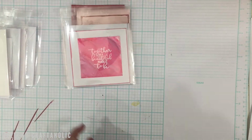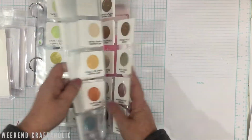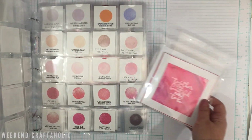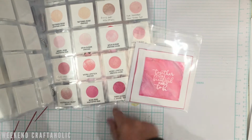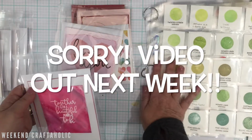I have to say, going off on a tangent, but having recently put this together, I've never stopped using it because when I did my alcohol ink background, for example, it was so easy then to have a look and see which is the right colour to match. So this stood out a mile, so I knew which one to grab. If you've not seen my video on that, check it out